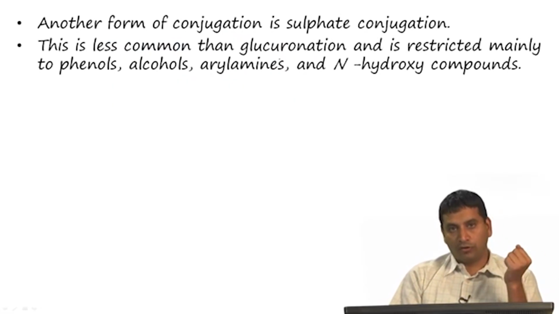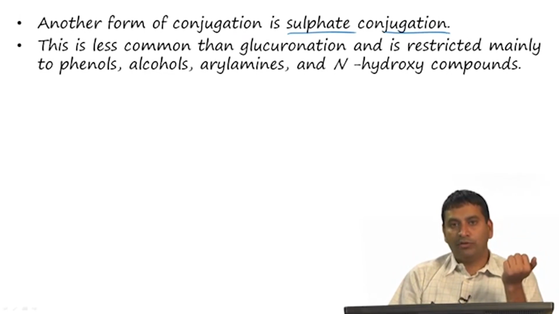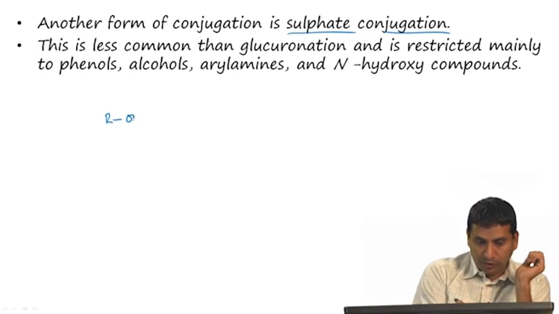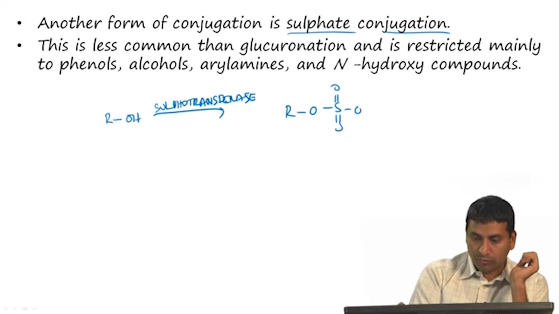Another common form of conjugation is called sulfate conjugation. So, here what happens is that a sulfate group is added, and this is of course far less common compared to glucuronidation, and it is mainly restricted to phenols, alcohols, amines and N-hydroxy compounds. So, the transformation that we are talking about here is ROH with a sulfotransferase, okay, and the product that is given is R-O-S(=O)-OH, okay,